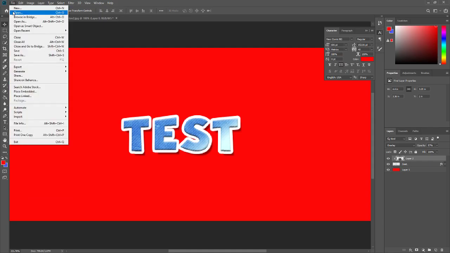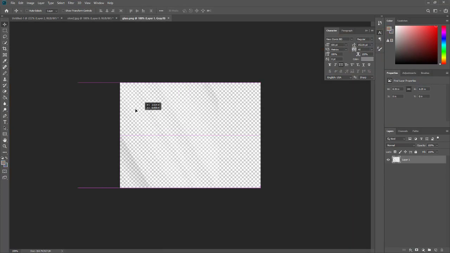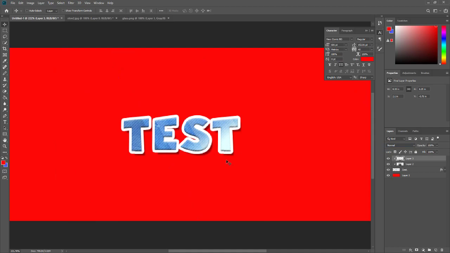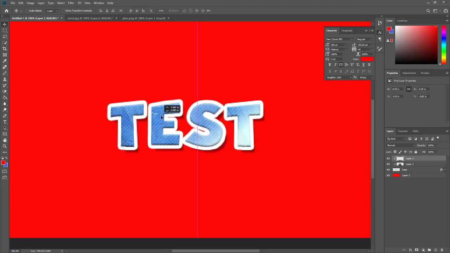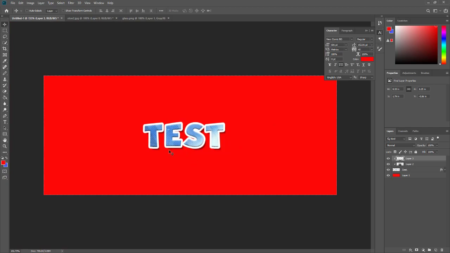You can get other textures, other patterns, really anything you can think of. Let's see how this looks. Get a glass on top of it. Yep, now you have a glassy texture on top of that texture. Doesn't look too bad. Might be something I would use. Maybe not, we'll see. But that's just the basic idea behind editing